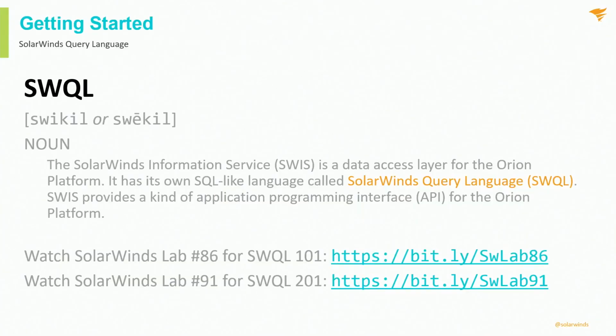Okay, so like we said before, the SolarWinds query language, or SWQL, depending on how you want to pronounce it, is used to talk directly to the SolarWinds database, but through a proxy layer. The reason this is done is it insulates any database changes we make going forward in the product. So if you have a SQL query that works today, after an upgrade, that one may no longer work. But if you write it in SWQL, SolarWinds query language, it will. If this is the first time you've heard this, then I really encourage you to go back and watch the two previous parts of the session, kind of like a 101 and a 201, and that is in Lab 86 and Lab 91.